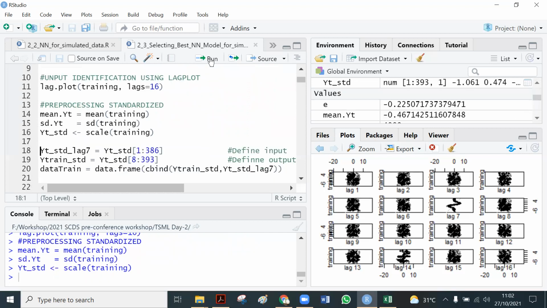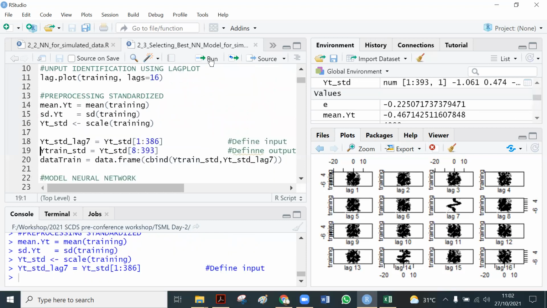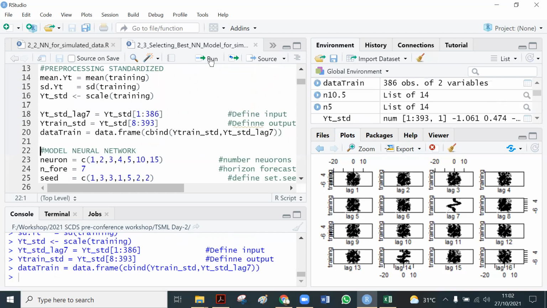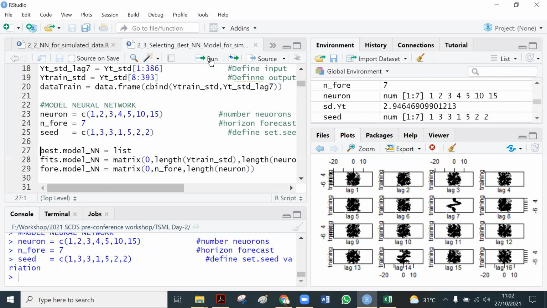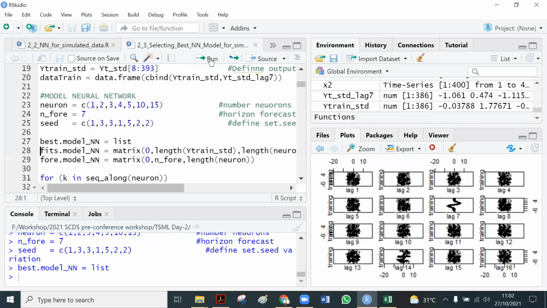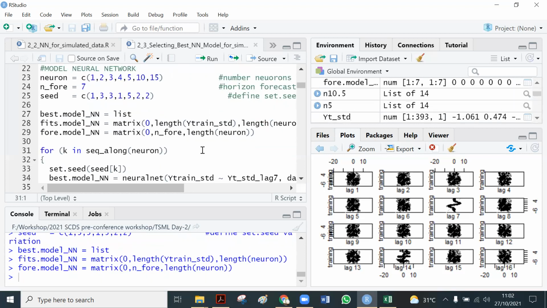And then now we use a different architecture, or we try this combination. We try that the neuron is equal to 1, 2, 3, 4, 5, 10, and 15.